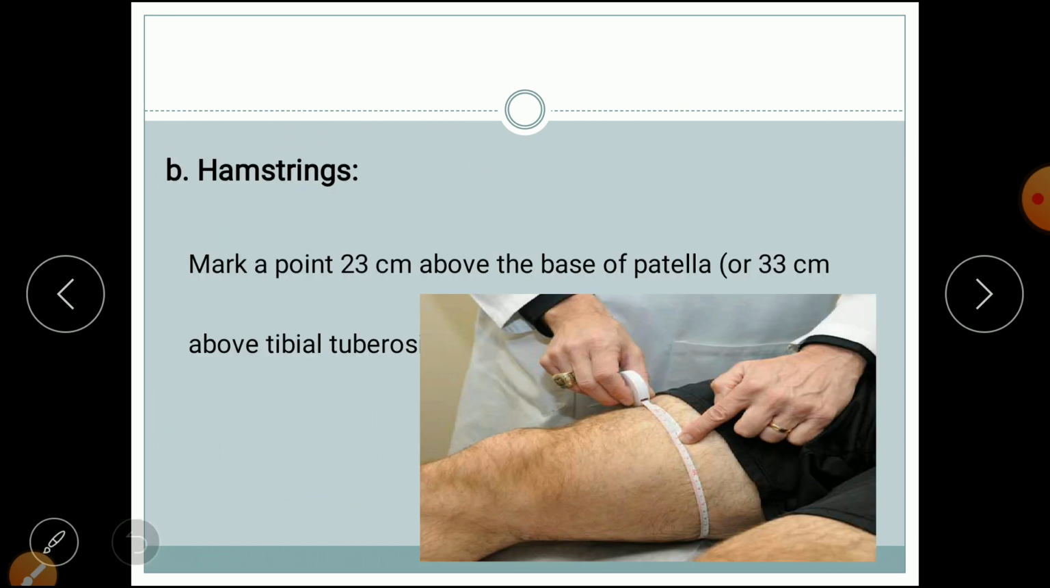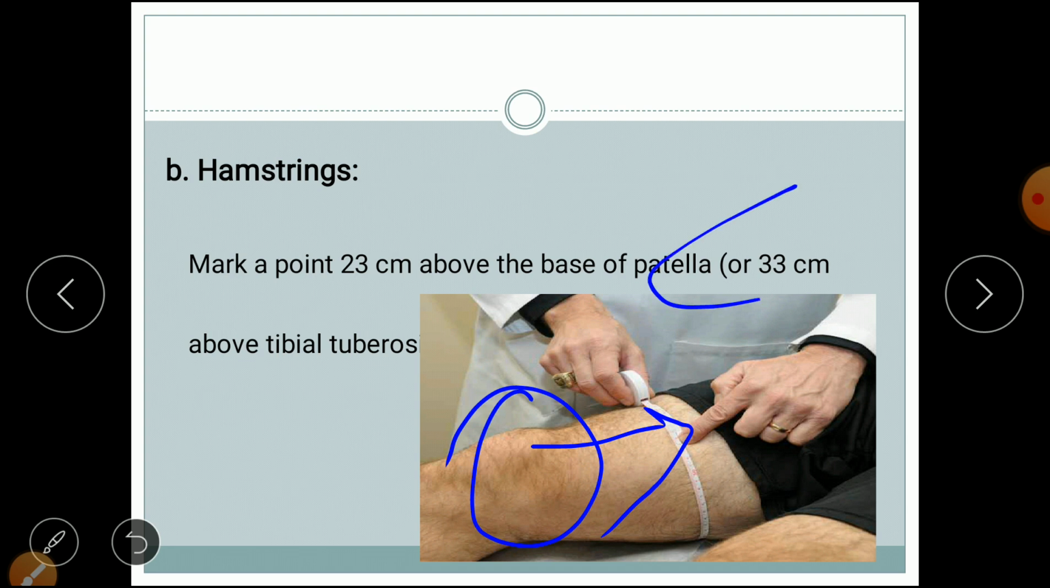Now for the hamstring muscles, make a point 23 centimeter above the base of the patella. So this is the patella, and from the base of the patella you have to make a point 23 centimeter above, or 33 centimeter from the tibial tuberosity. Either of the two measurements you can take, then measure around that point